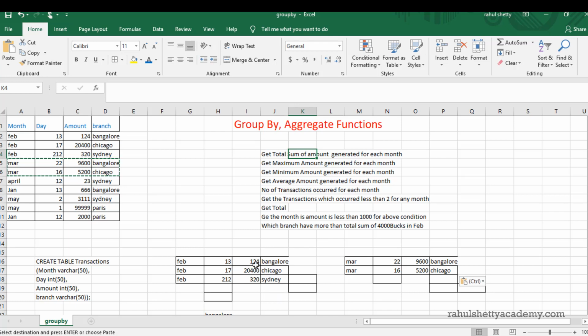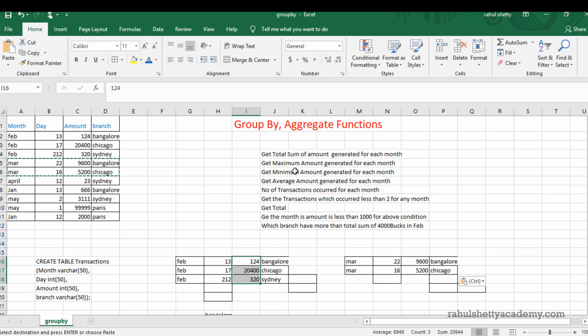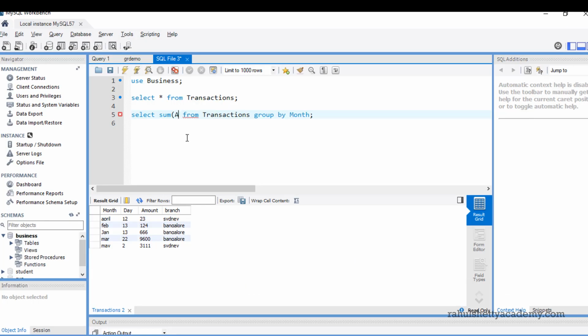Before you sum, you first have to consolidate the groups, so that SQL will simply sum for that specific month. With this step, we are able to create consolidated groups. Then sum is an aggregate function used in SQL. Sum of what? Sum of amount.